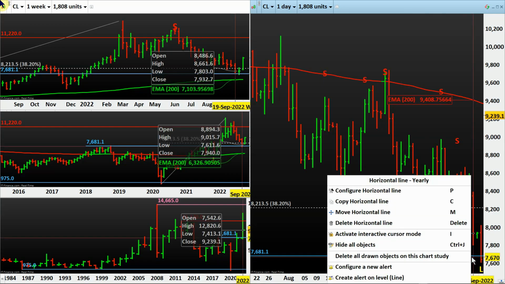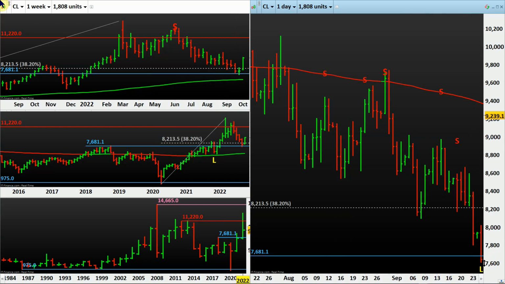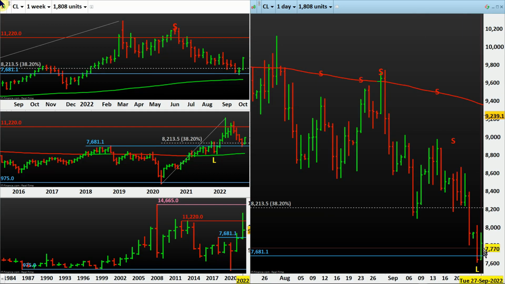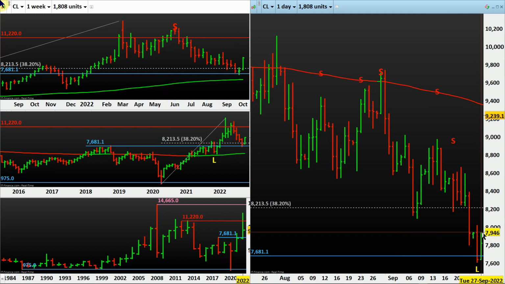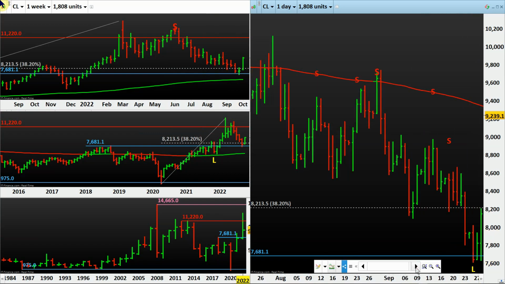So this one single horizontal line will tell us that it is a possible candidate of a crack and snap back, and we can buy here as a professional. If you are a risk taker, you can buy here. If you are risk averse, or a balanced person, then possibly you can wait for this crack and snap back to happen, crack the support and snap back to the support, and high taken out, and you can go long from there. So that is the past. The past is always helpful to know what I should do in the future. Like this is a crack and snap back on the 200.